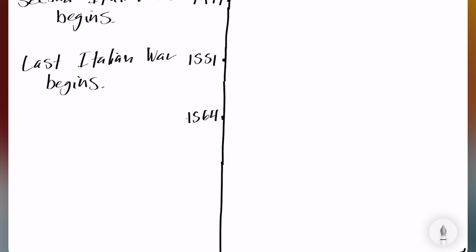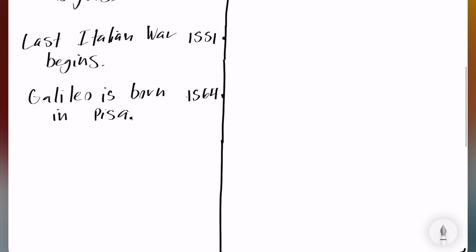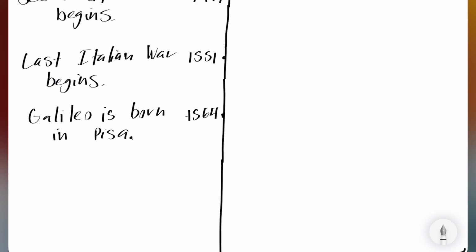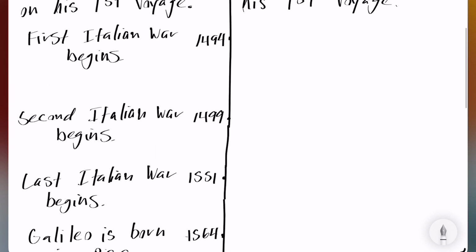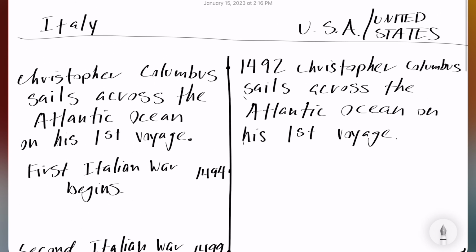Yeah, in 1564, Galileo is born in Pisa. So I wanted to include his birth year, right? I wanted to include when he was born in our timeline, all right? So if we look back at what we have written so far, we can see that here in